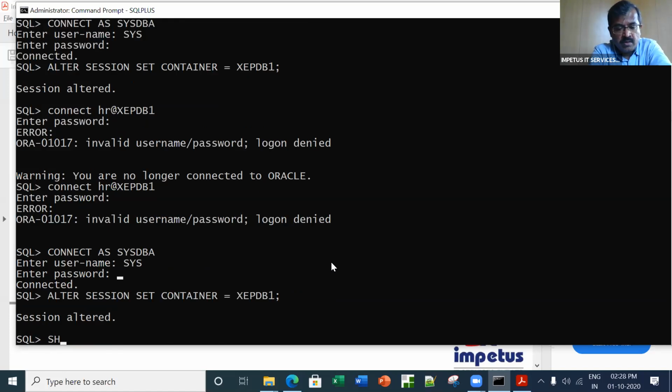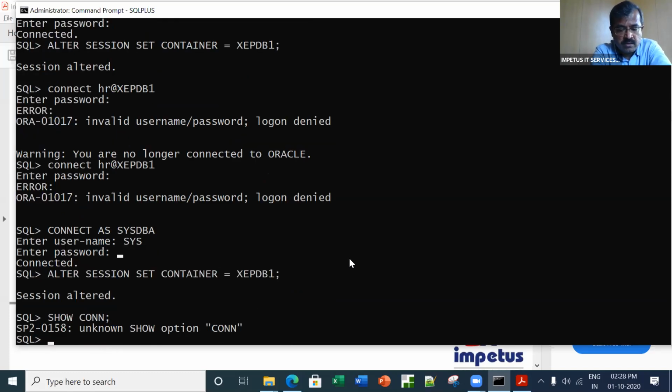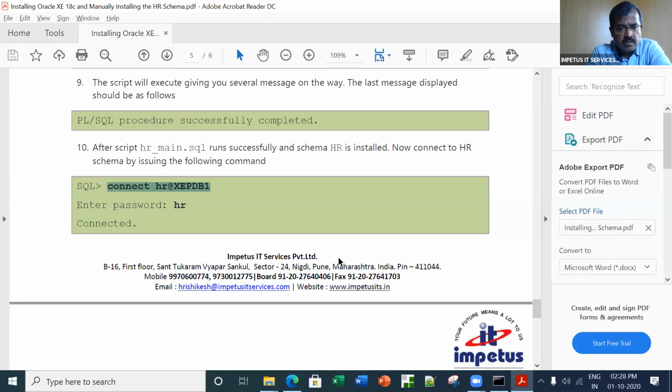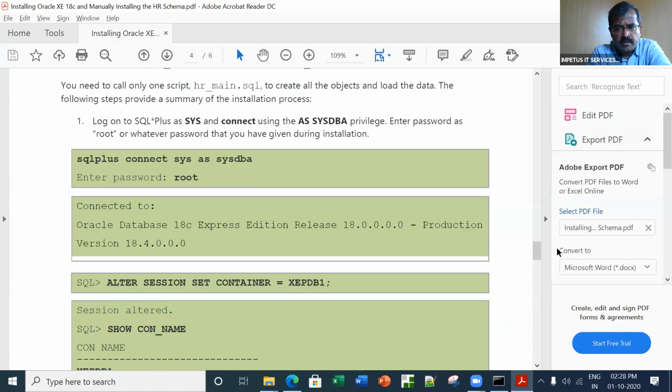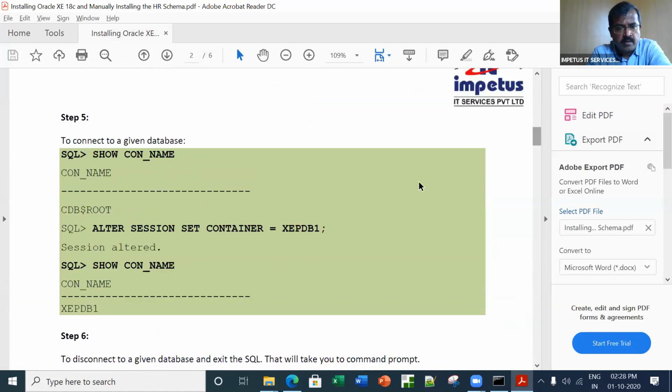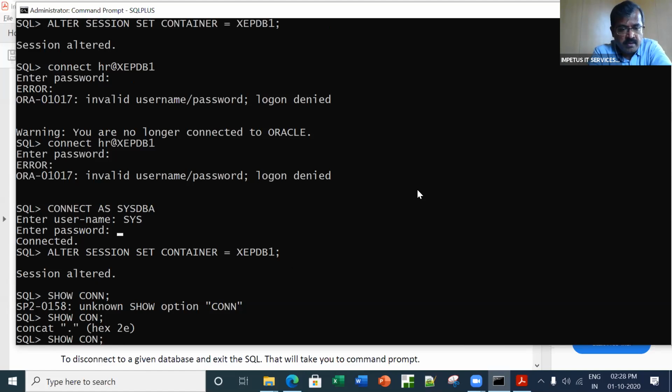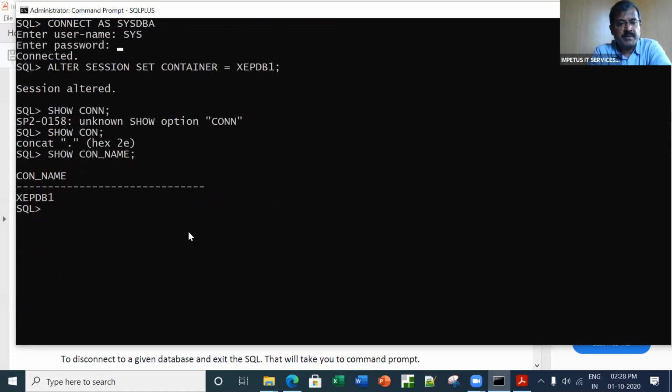And I show connection, connection name. We are into this pluggable database, XEPDB1. We are right on the connection database. So I should be in a position to connect.